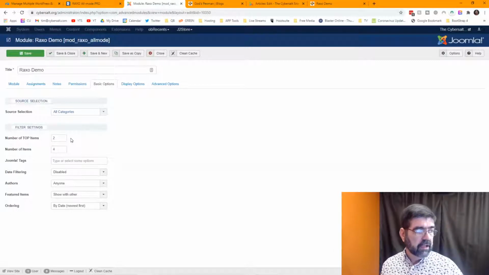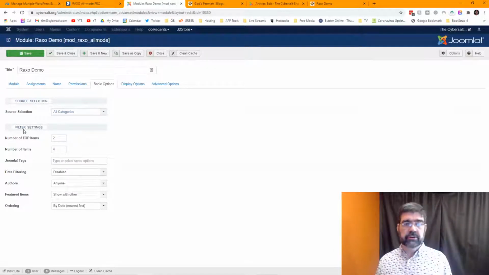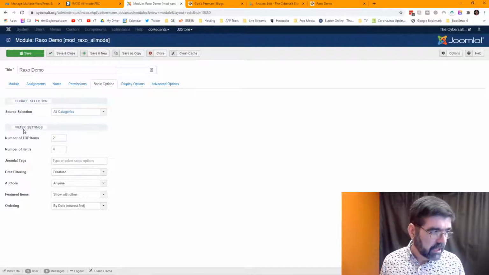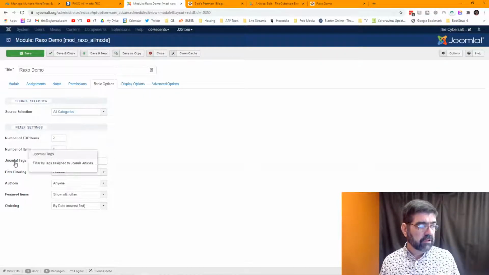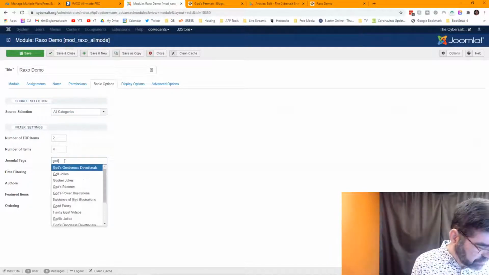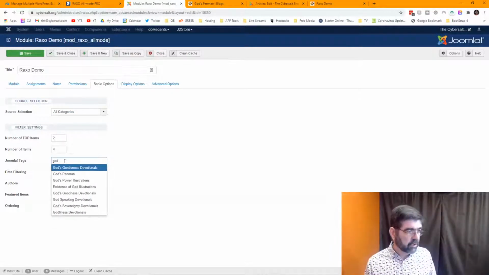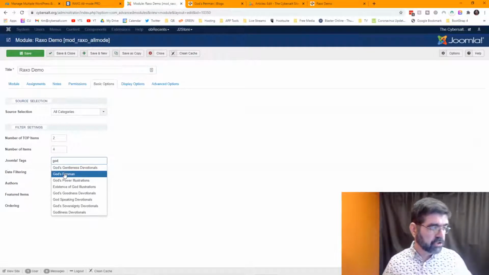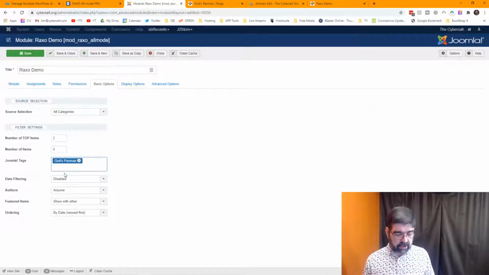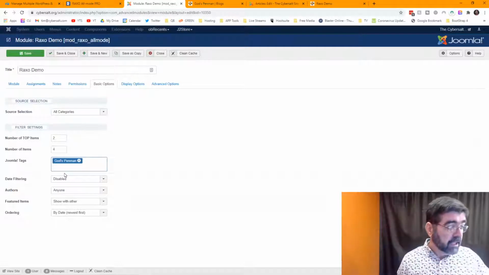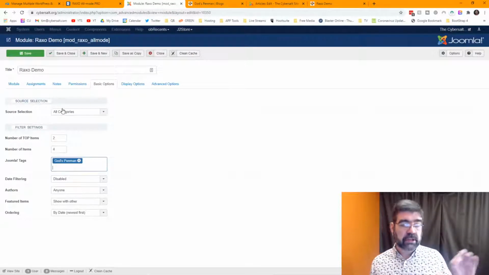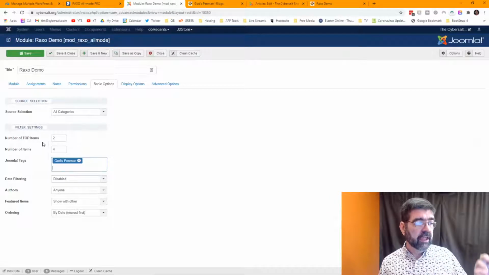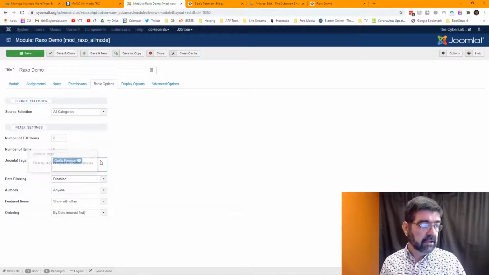but I'm also going to filter by tags. And here we have the Joomla tags. I'm going to filter for God's Penman. That's a tag that I have assigned to every one of those articles, or I should. And so what RAXO is going to show is articles from all categories that have the tag